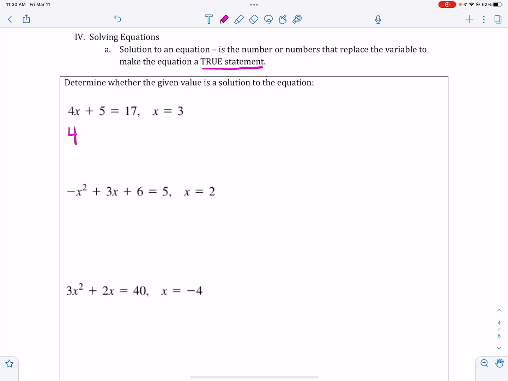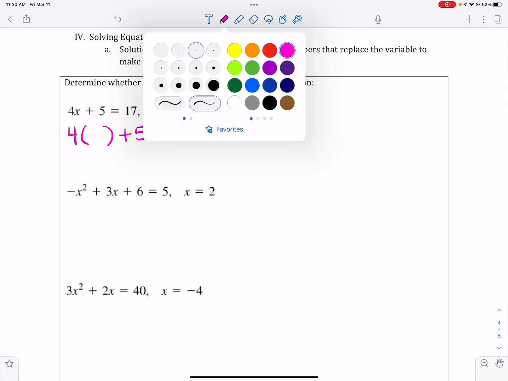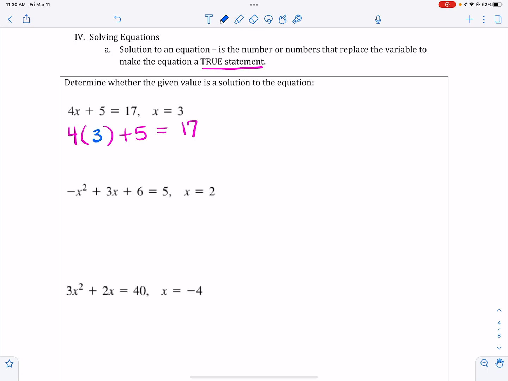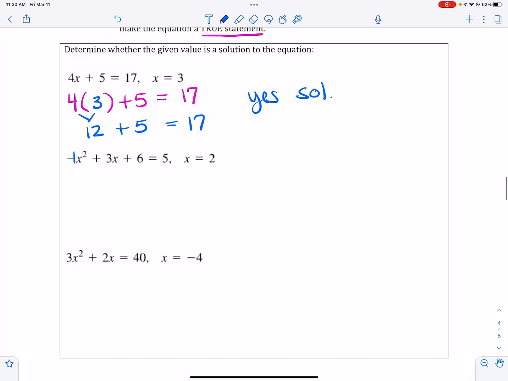We're going to write the equation replacing the variable with parentheses, and our hope is that we're going to get 17 when we substitute in the number 3. And so 4 times 3 is 12, plus 5 does equal 17, so we would say, yes, this is a solution. Remember, if you see a negative sign in front of the variable, you want to get in the habit